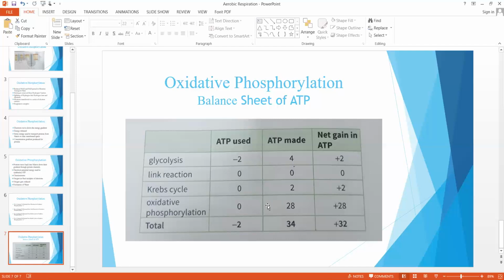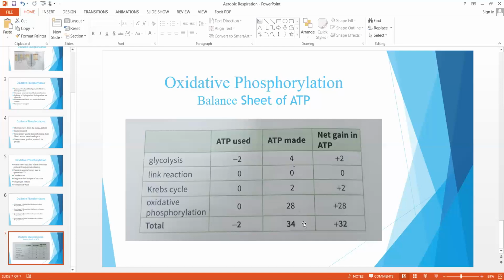If you remember, the total reduced NAD molecules entering oxidative phosphorylation is 10. If we take 10 reduced NAD and say that from one reduced NAD, 2.5 ATP molecules are made, how many are going to be made from 10 reduced NAD? That is 25. Now, what is left behind? 2 reduced FAD, and each reduced FAD gives 1.5 ATP molecules. It means from 2 reduced FAD, we are getting 3 ATP molecules. So 25 plus 3 is a total of 28. This is how in oxidative phosphorylation, 28 ATP molecules are made and the net gain is 28.